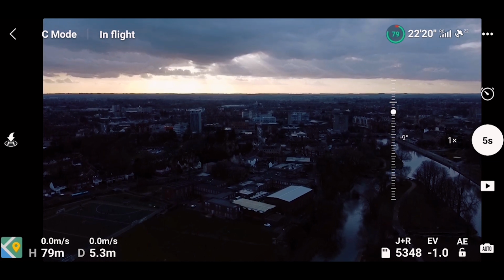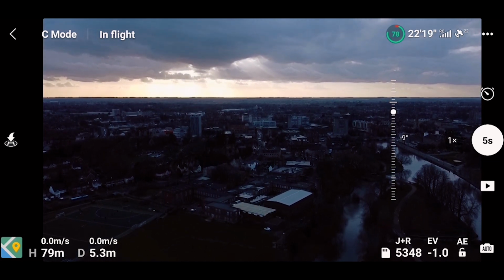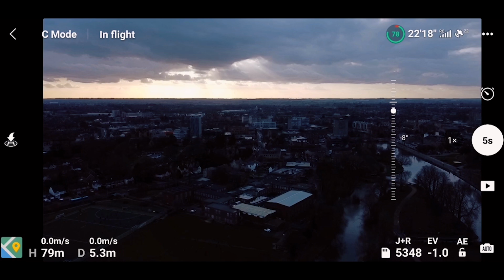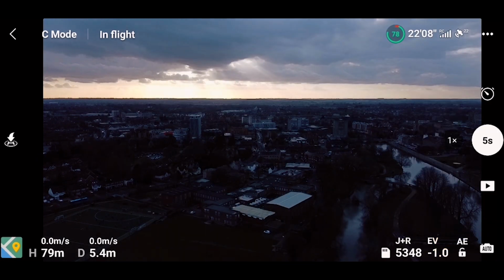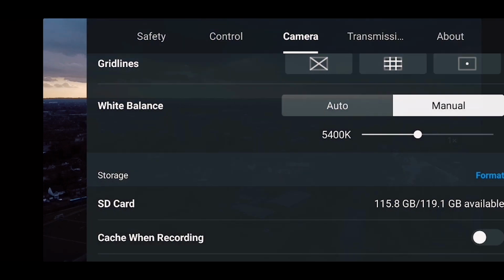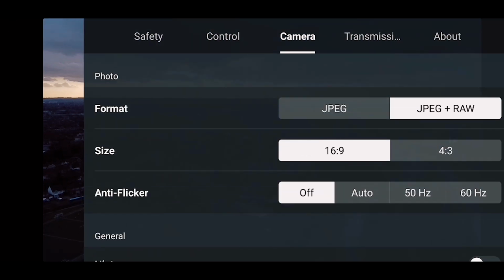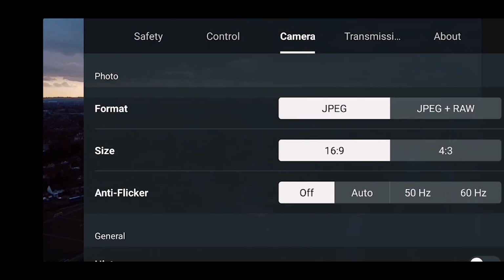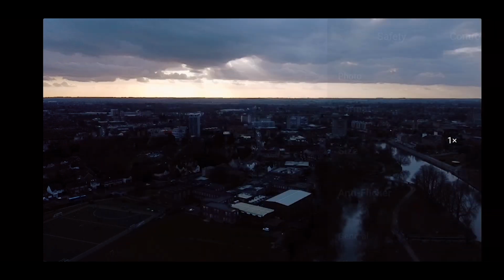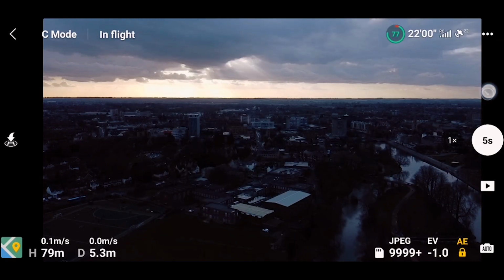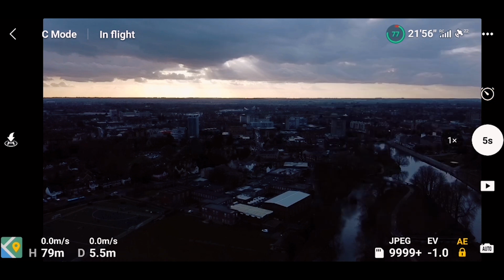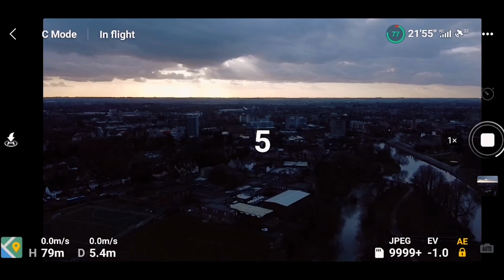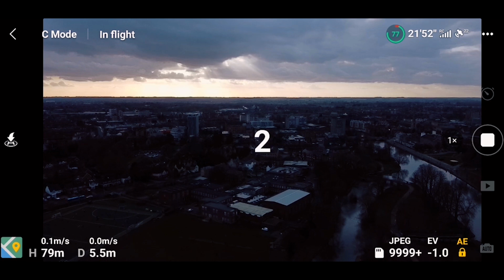Find the scenery that you want, which will have some movement to capture a good time lapse. Adjust your white balance, lock it to keep consistent images. Change to JPEG, not RAW, because if you have it on RAW, you need to convert it again through a software and there is no point for me doing that. Go to your photo, time shot, and we will put it 5 seconds for the time interval. You can change it accordingly to your situation.